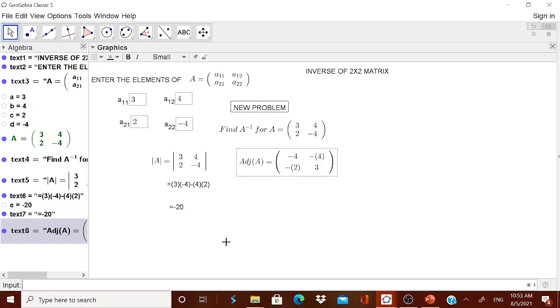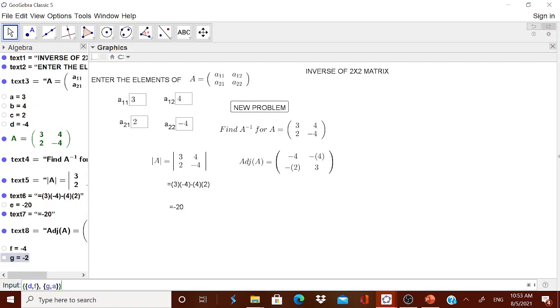Now another thing you can do, if you want the child to be very clear about the change in sign: only minus B is changed, therefore you can put minus B there. Then minus C also you can put there. If it is negative into negative, automatically this will give you a positive one. For now this also you can convert into a matrix. Inside the bracket, first one will be D comma, now minus B is nothing but F. Therefore it is F, then put a comma, then again bracket, then it will be minus C and A. Minus C is nothing but G now, G comma A.